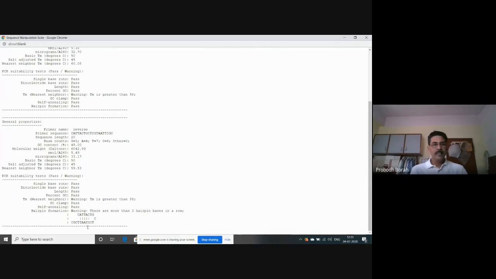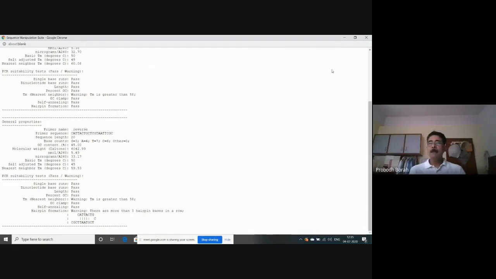It was shown by OligoCalc also. Same thing it is showing, but there is only one C or G. If it contains more than one C or G, or rather 3 C or G, it should never be considered. But now it has only one C, so we may ignore it.